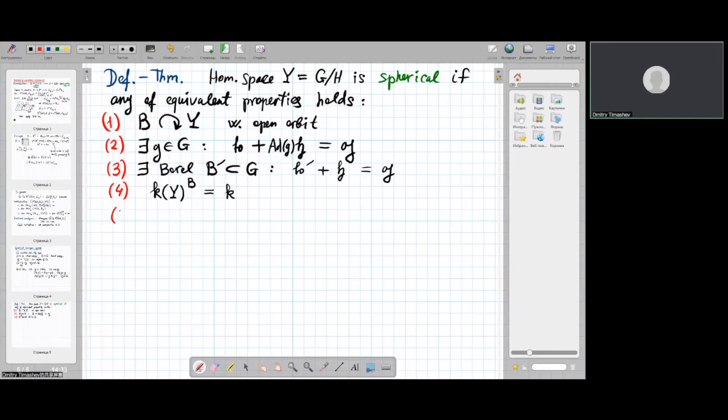Now, the fifth condition is about representation theory. Well, condition 4 is the B invariant, right? Yes, B invariant. The superscript B means that you take B invariant elements, B invariant functions, stable under the action of B, fixed by the action of B. So the fifth condition says that for any homogeneous line bundle,